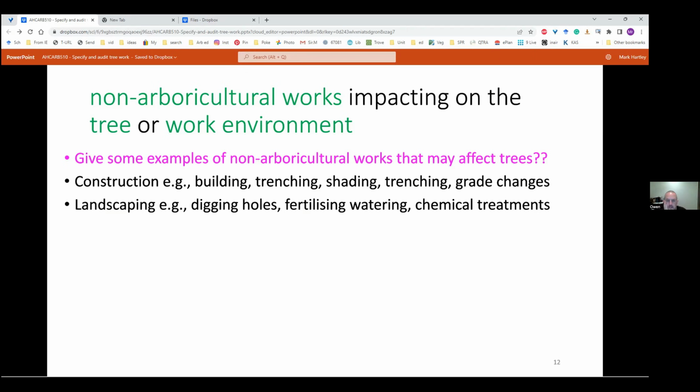Can I just say, with the non-arboriculture, the opposite to shading is reflective heat as well. If you strip a green site and put down a big excavation into reflected sandstone, I've had trees on sites where they're outside the site, and I think they've cooked just through reflective heat.